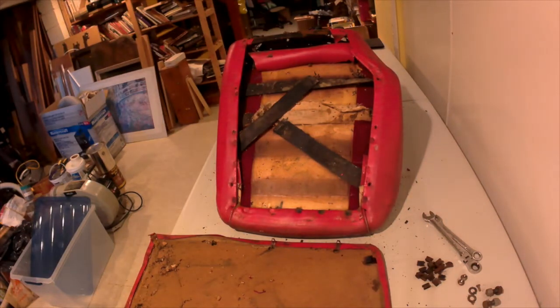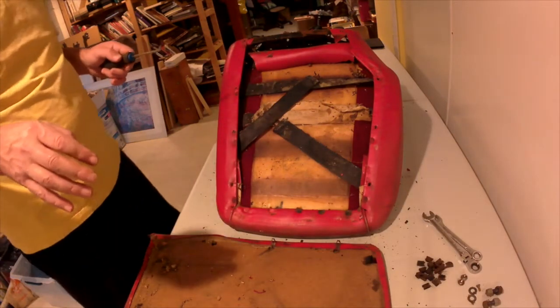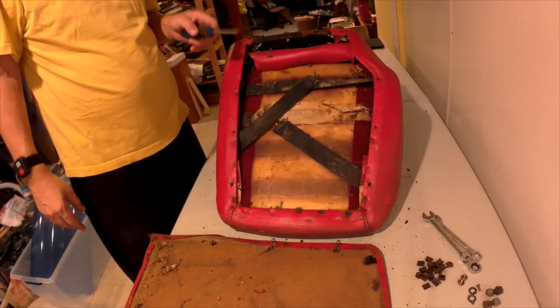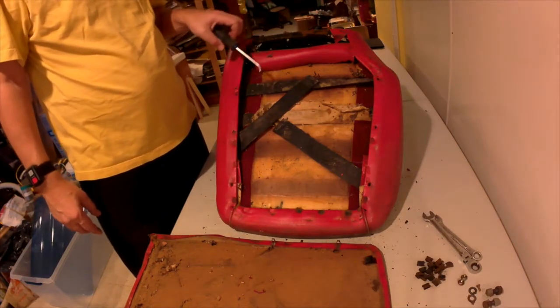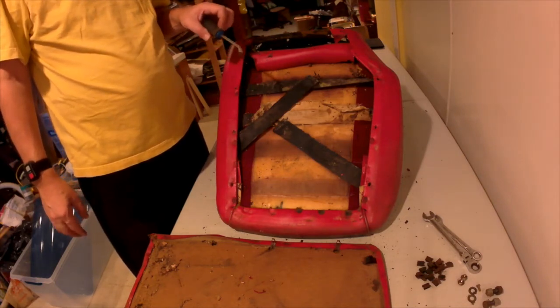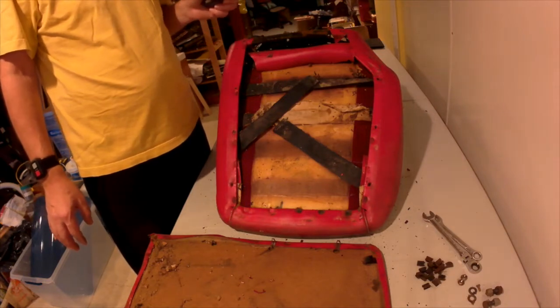Hi, it's the 8th of November, and I've moved some stuff inside. It's getting a little cold out, so I'm trying to do some indoor things now. At this point, I'm disassembling the car seats, getting the upholstery off, taking the little foams out, trying to take lots of pictures as I go along, because I've been fortunate enough to find somebody local,